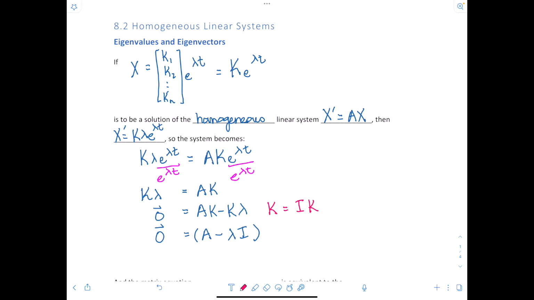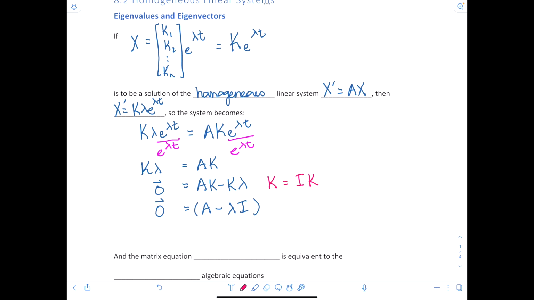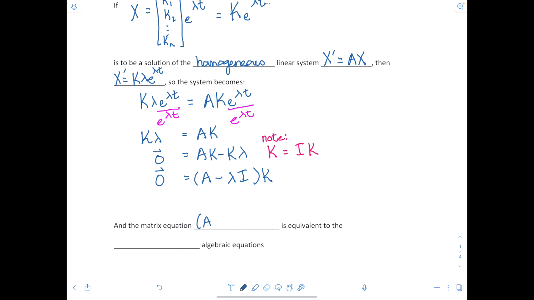So that is where we get the result, and that, of course, is times the vector K. And so now the matrix equation A minus lambda times I, where lambda is a scalar, times K equal to the zero vector, is equivalent to